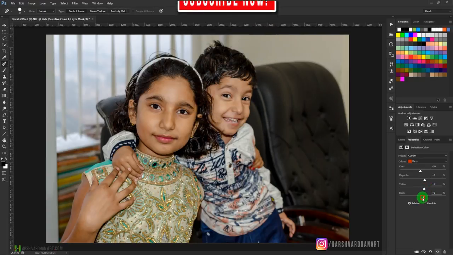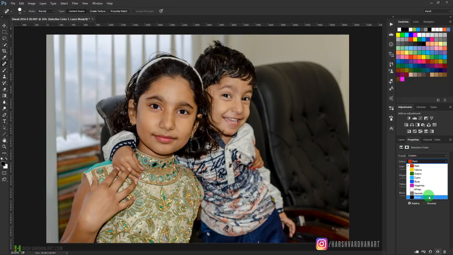Okay, and let's lighten the skin tone a little bit, because if we take it towards the minus side, it is going to lighten the color, and if I take it towards the plus side, it is going to darken the red color. So I think -9 is looking good,